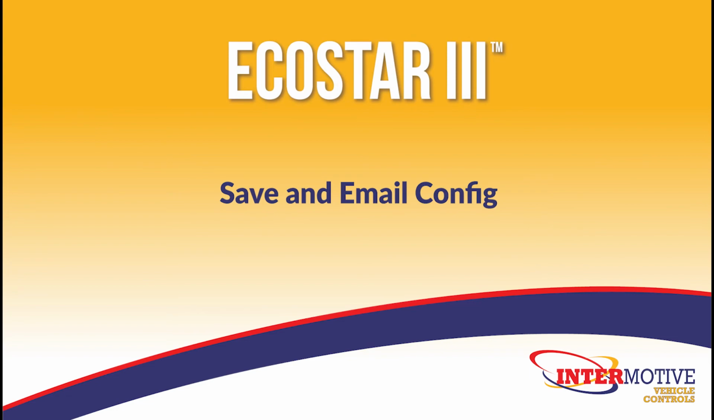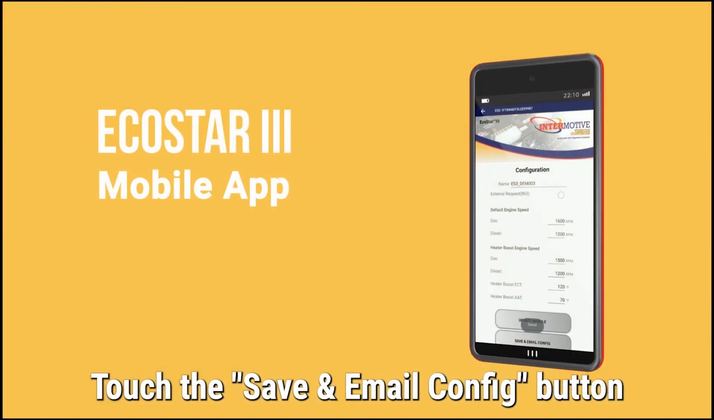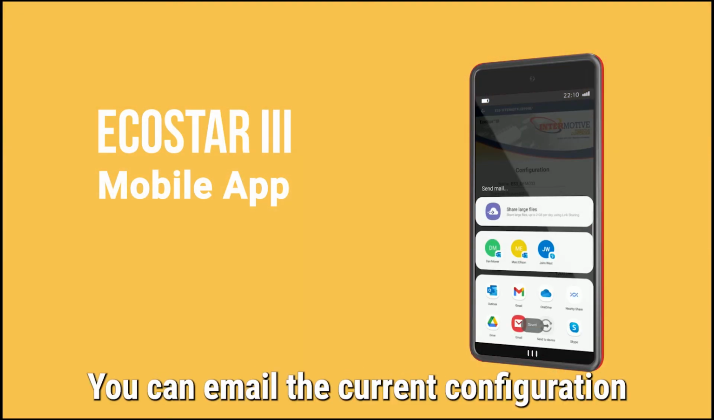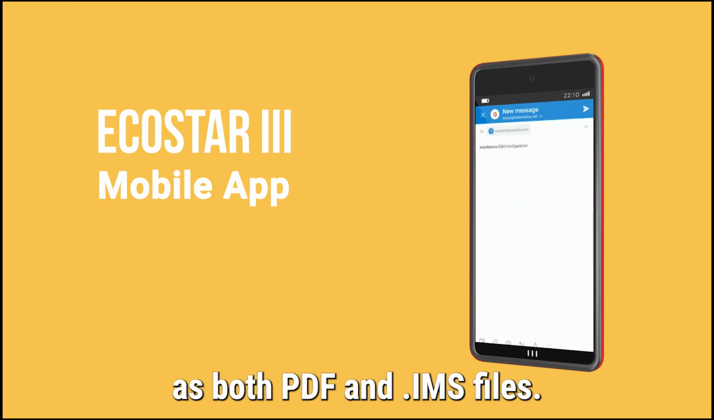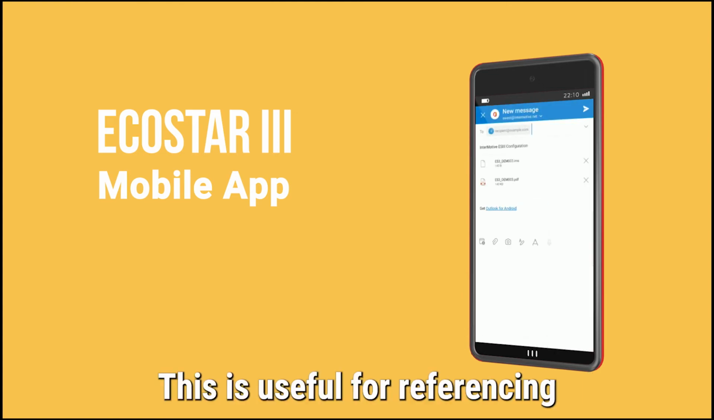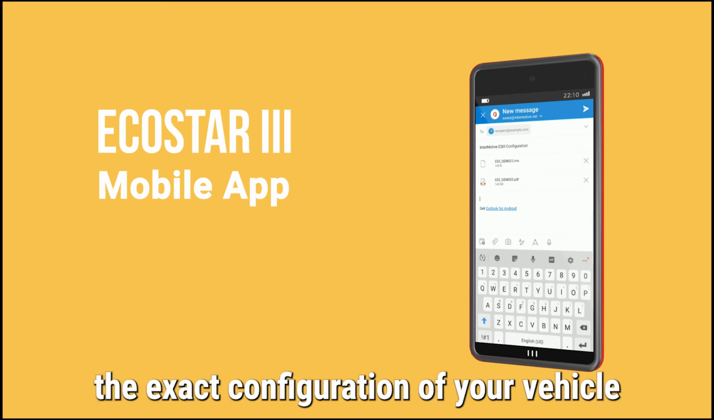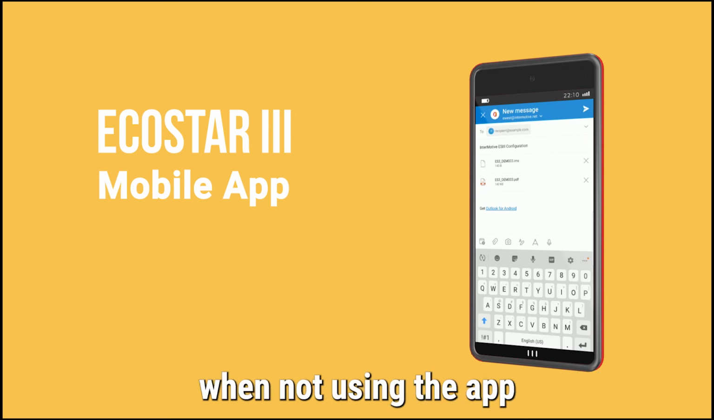Save and email config. Touch the Save and Email Config button at the bottom of the screen. You can email the current configuration as both PDF and .ims files. This is useful for referencing the exact configuration of your vehicle when not using the app, or to add it